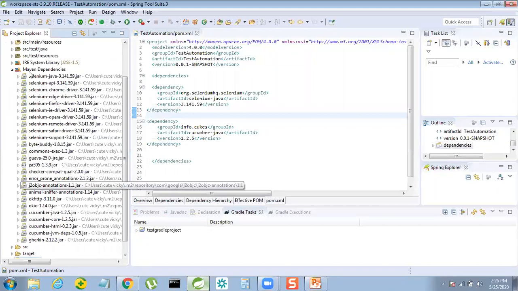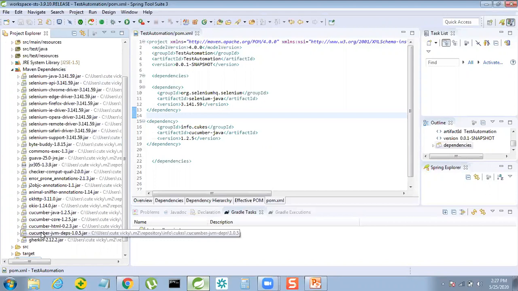If you go back to the Maven dependencies section, a couple of new jars got added. Those are related to Cucumber. See, Cucumber Java, Cucumber Core, Cucumber HTML, Cucumber JVM, Jenkins. These are all the jars related to Cucumber.